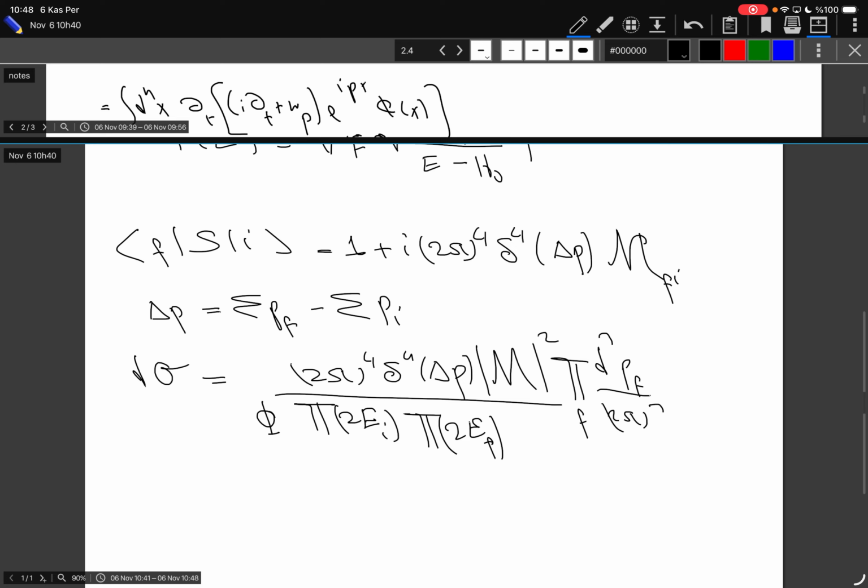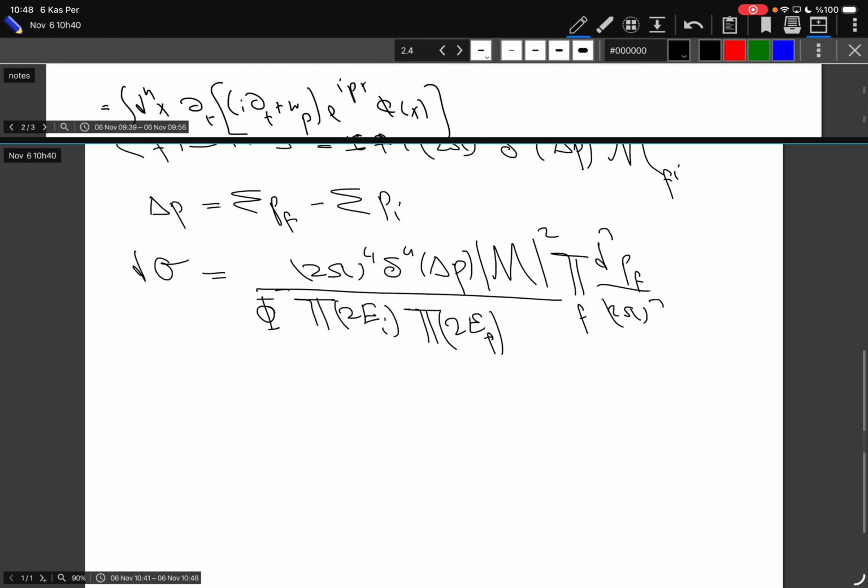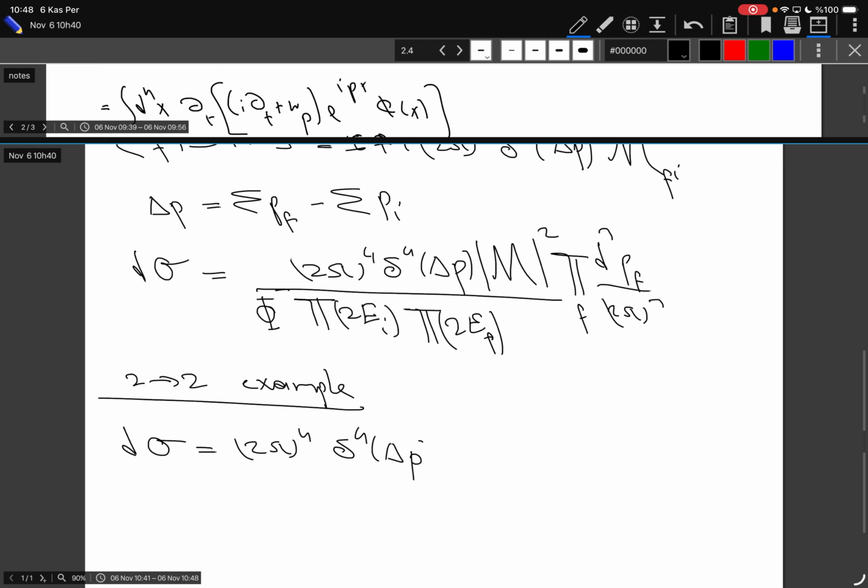Let me just write it phi. Well, this is the general expression for our cross-section, actually. Now we can have, for example, two particles scattering into two particles, as a concrete example. In this case, the scattering cross-section will be 2 pi to the 4, the energy momentum conserving Dirac delta, m